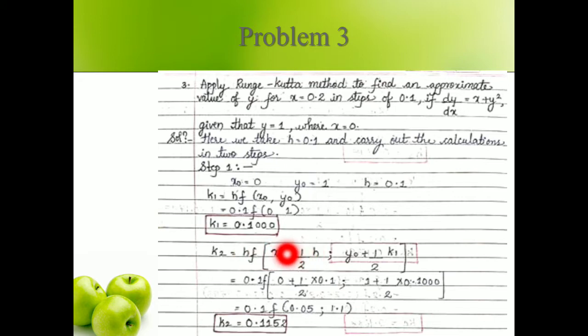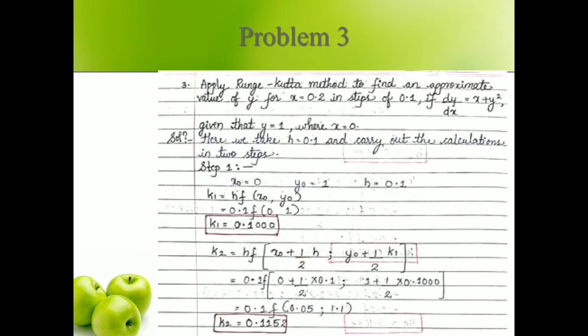Substituting the values, we get 0.1 into f of 0.05 and 1.1. Substituting 0.05 and 1.1 in dy by dx, then multiplying by 0.1, we get the k2 value to be